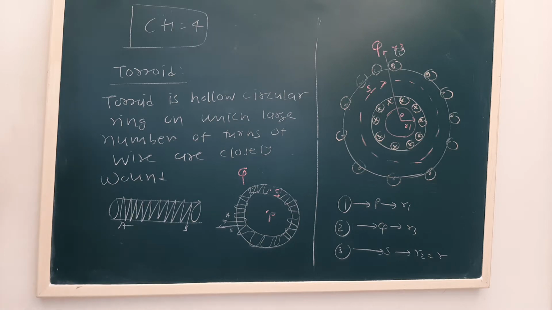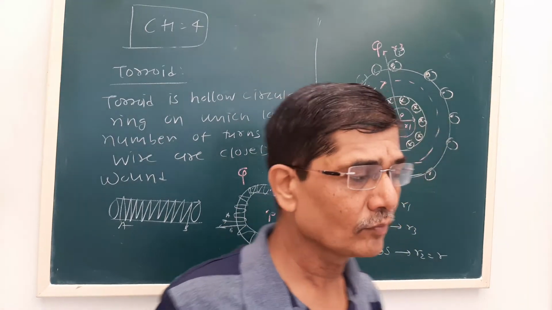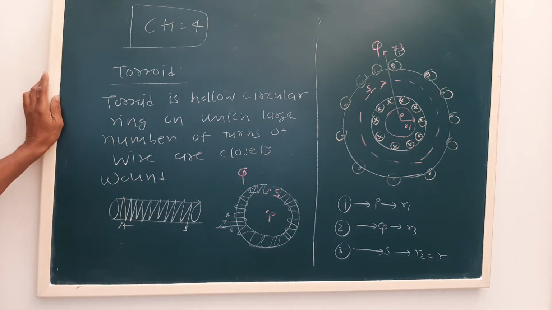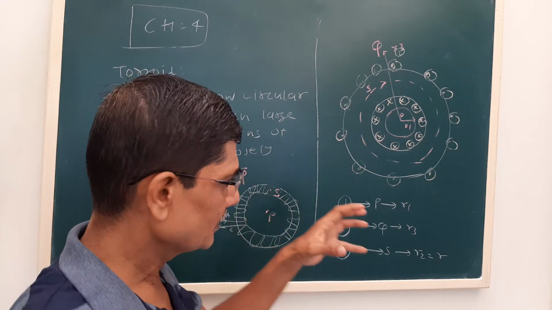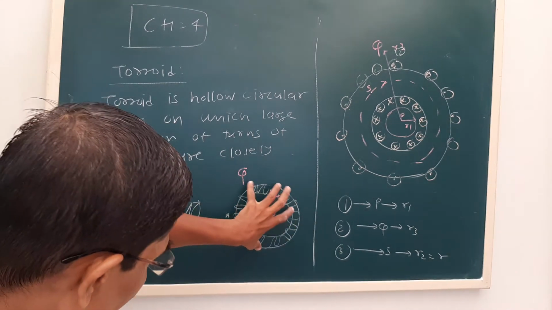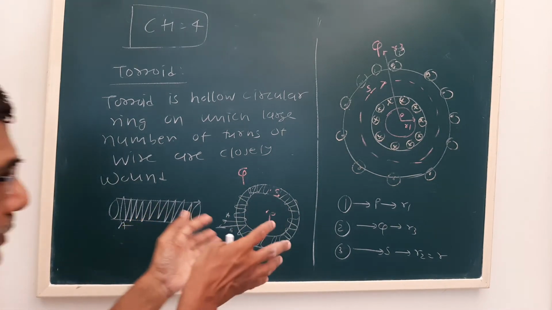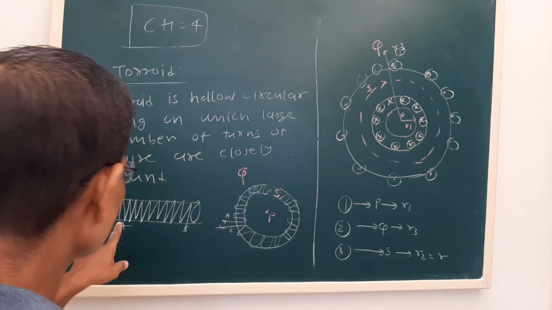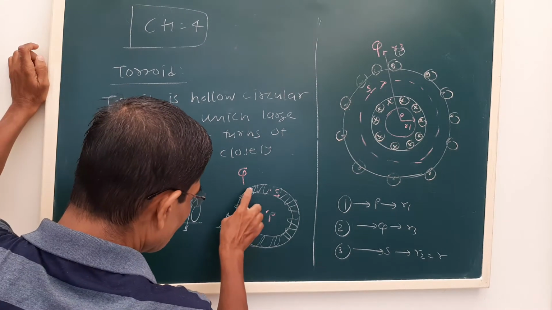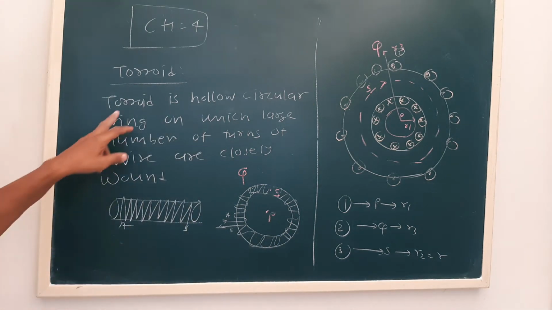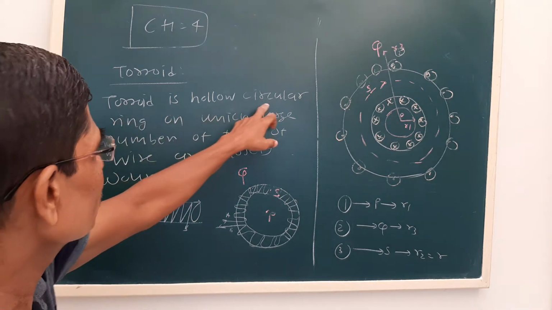Now see, just now we have seen the magnetic field of a solenoid. Solenoid is like this, number of turns wound on an insulating base. Now what happens if the turns, let us say A and B, are wound on a small tire tube, or on a hollow circular ring, hollow circular tube, or a cellotape roll. So if these turns between A and B are closely wound on a base like this, then it is called a toroid. So the toroid is a hollow circular ring.